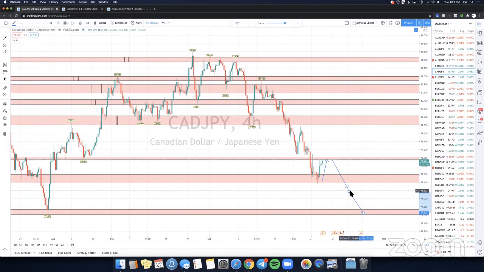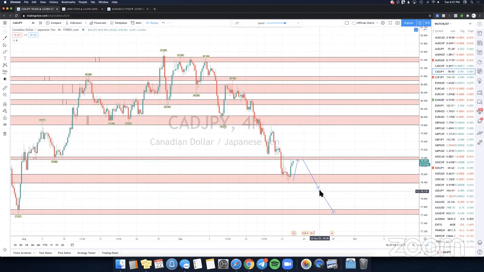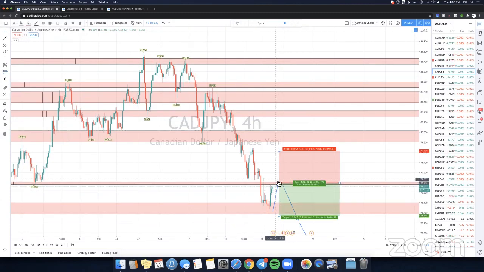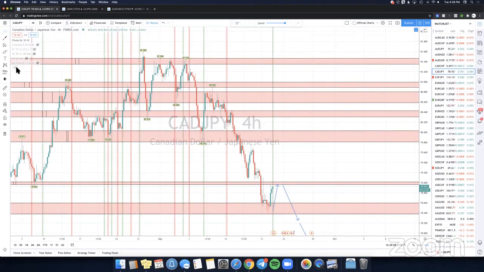But what I mean by anticipating rather than predicting is that I'm not going to put a sell position here just because I anticipate this to come down. I'm not going to do that and then hope that it's going to come down. What I'm going to wait for is the rejection, and then I'm going to wait for a sell signal. Like right here, see this? It's pretty much the same exact setup. You guys can see,